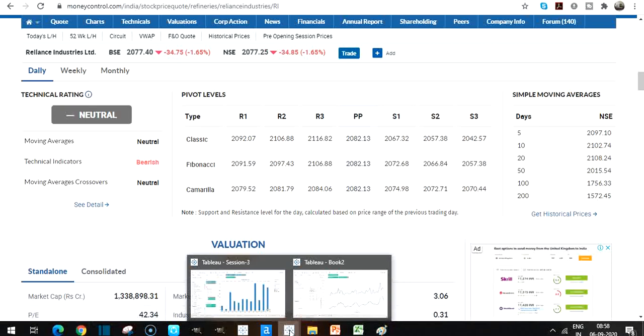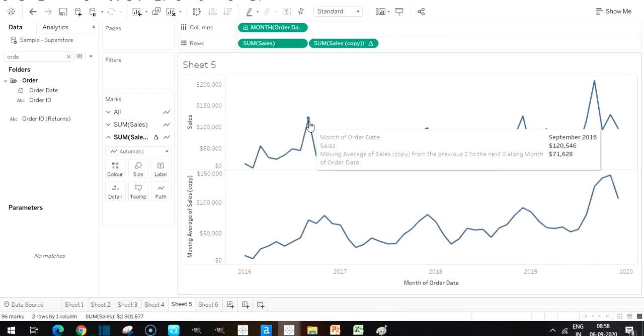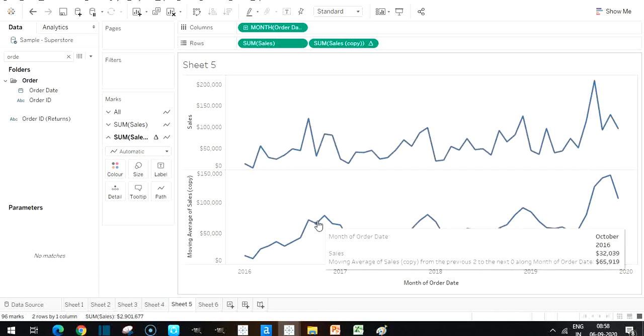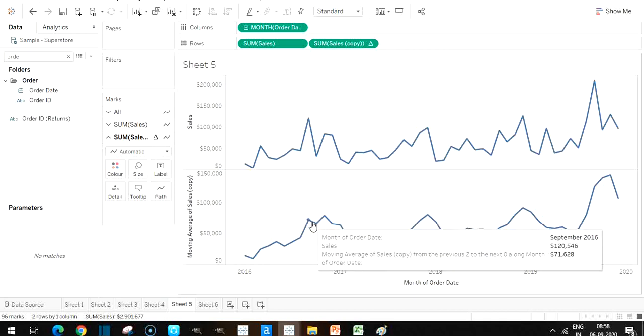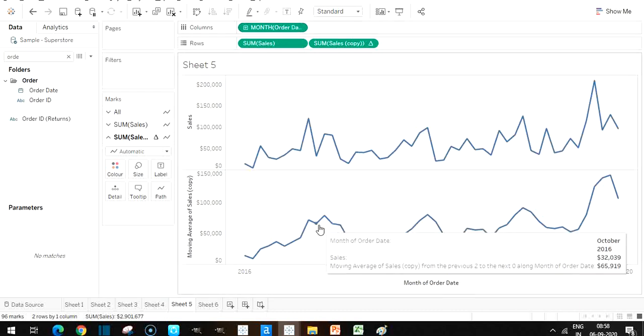So come back to our visualization now. Here in the quick table calculation, we can't make any changes. How does Tableau do it? Tableau just takes two previous data points, two points old data. It can be month, it can be year. Now you decide from here. So two previous points and the current point, 3 points, and divide by this. But when I say, hey, I want